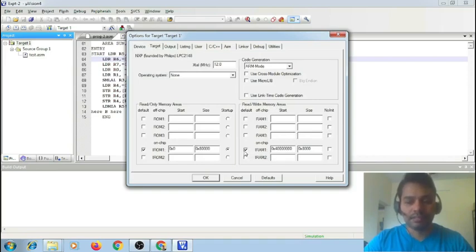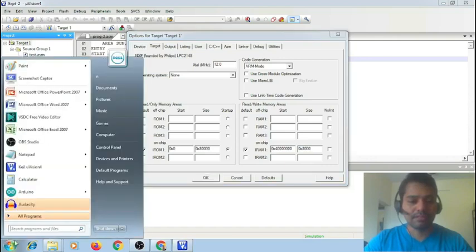Here the tick marked IRAM1 starts with the starting address 0x40000000. This is the starting address of our 32 kilobytes of internal RAM. So the total space is 32 kilobytes. In hexadecimal it is 0x8000.